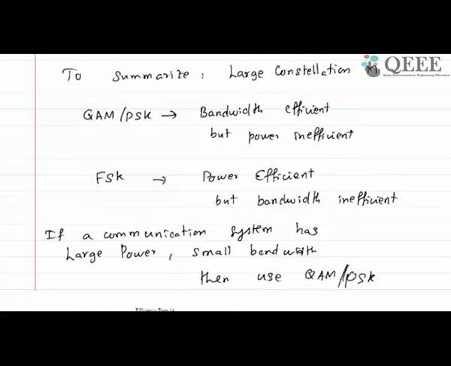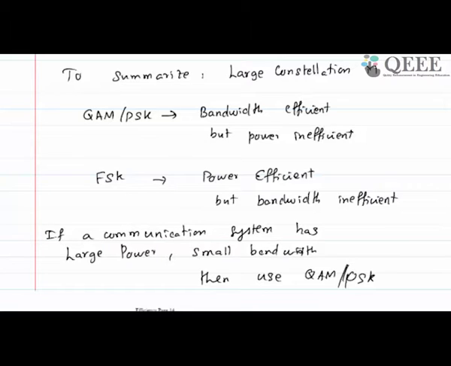Okay, so to summarize, we have seen various modulation techniques: linear, non-linear and differential. Each has application in certain places. So QAM is applicable when you have a high amount of power but a small amount of bandwidth, and also highly accurate oscillators. So you don't want phase errors, right? With highly accurate oscillators, you will use QAM.